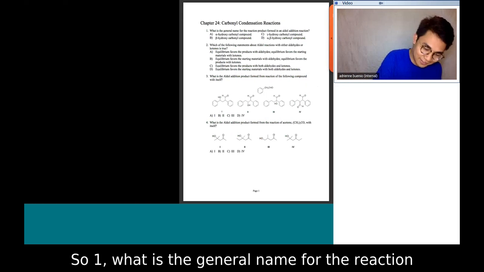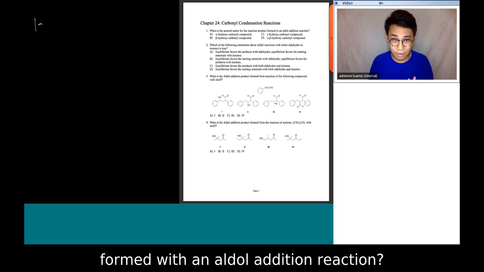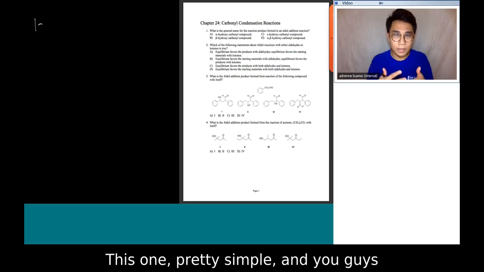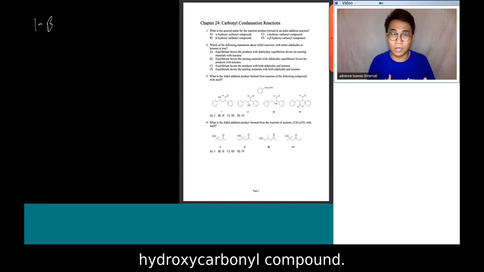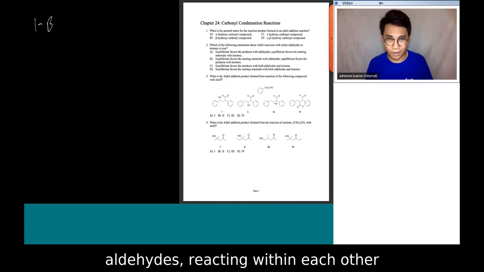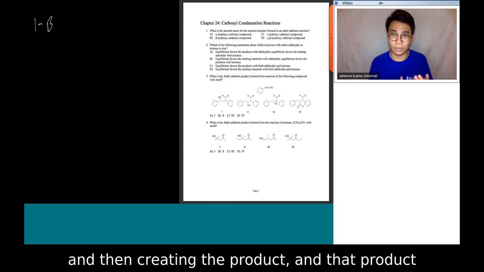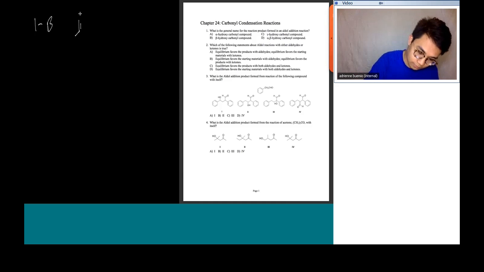So, one, what is the general name for the reaction formed in an aldol addition reaction? This one, pretty simple, and you guys should have gone for this one, B, beta hydroxycarbonyl compound. So aldol addition, pretty much two aldol groups, aldehydes, reacting with each other and then creating the product, and that product is the hydroxycarbonyl, right? So just to kind of visualize it,